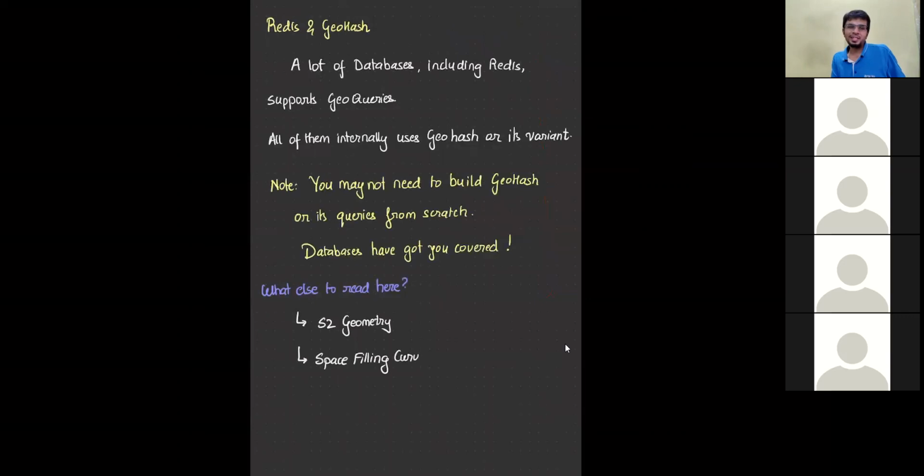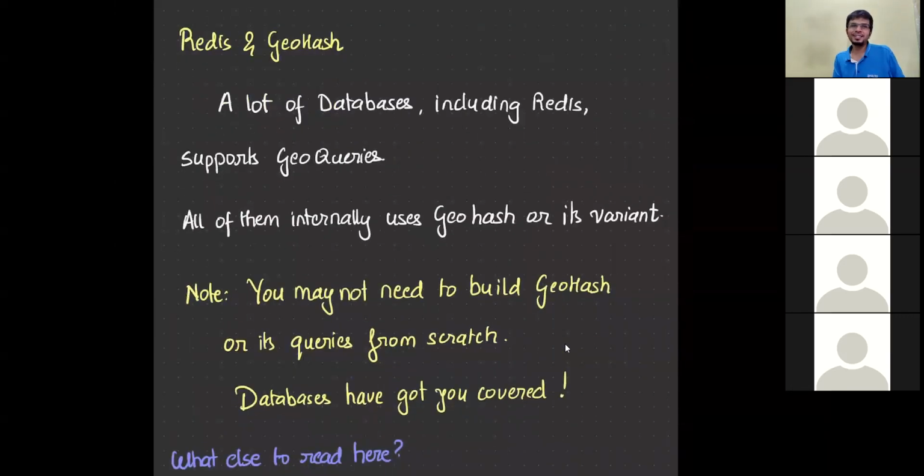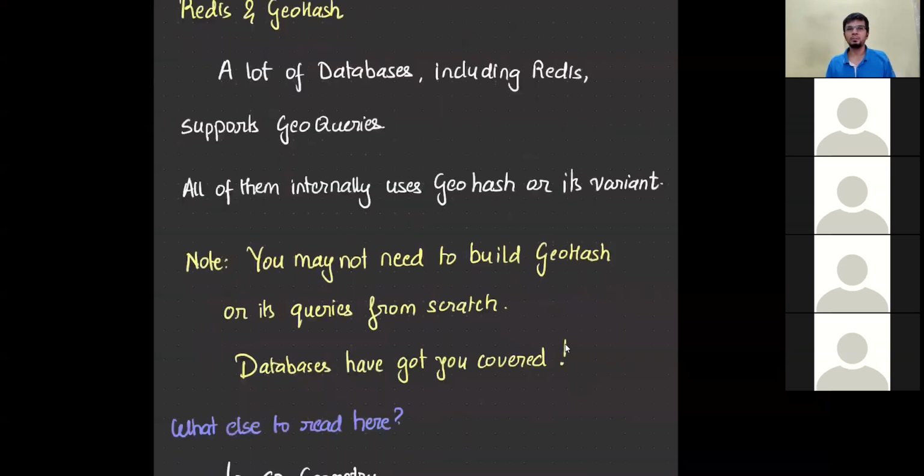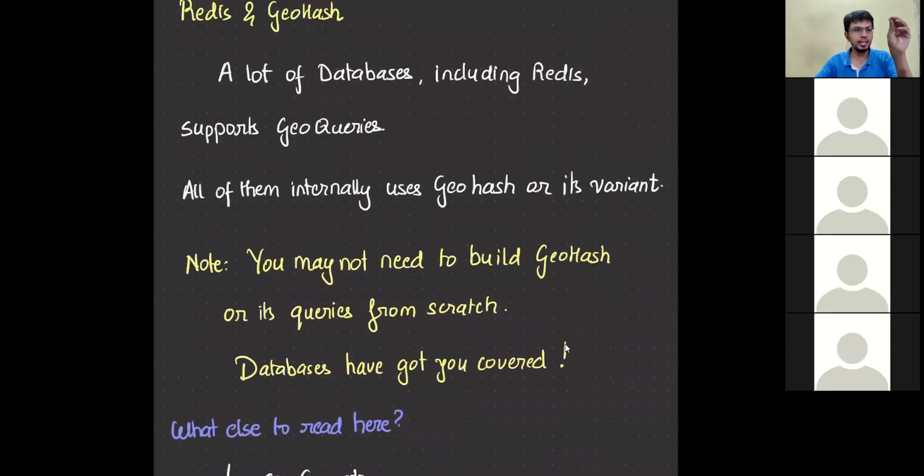Okay. And obviously, our favorite database in the world, Redis, also has this implementation. Redis supports geo queries out of the box, and it uses an integer representation to do it. It has the code that converts lat long into this. So go explore geo queries on Redis. It's very easy to do. You'll be amazed how easily Redis has implemented some of the most complicated data structures and has solved so many problems for us. You can very easily put in a key, okay, this is my user, give a geolocation against it, and then find out who all are near your place.